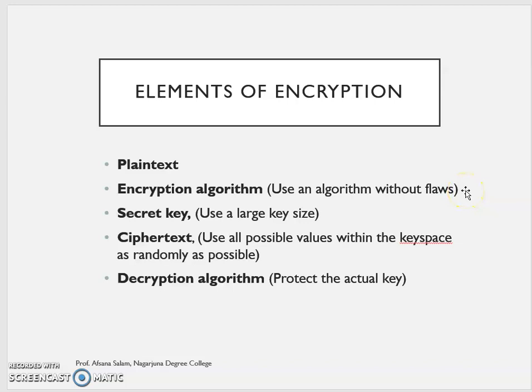In a timetable, if you see AFS, you will imagine that it is my name, or you may say advanced commerce as a subject, and if it is mentioned as AEB, you will also understand it is going to be my subject. So without a flow, when I give an algorithm to it, that becomes your encryption algorithm. Then the secret key: use a large key size to protect your data. When you are protecting your data, using a large key size becomes your secret key.